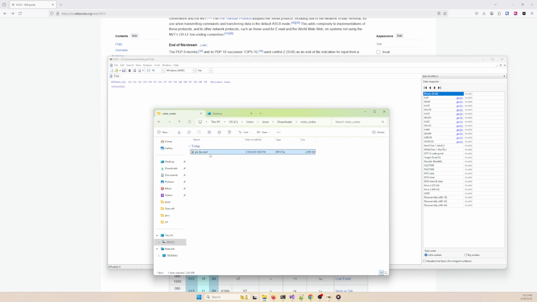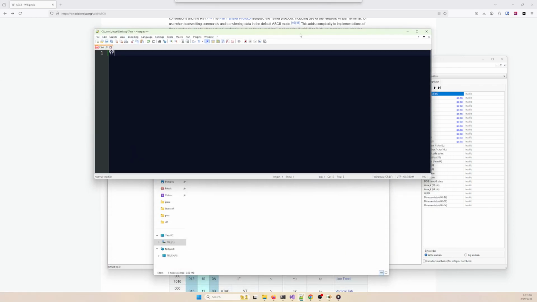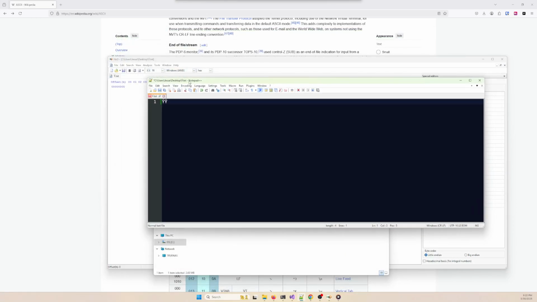So file names are actually encoded with 2 bytes per character. So if I go back to Notepad++ here, and I make this file name with this character in it, right? And then I save that, and I save it in UTF-16 encoding,